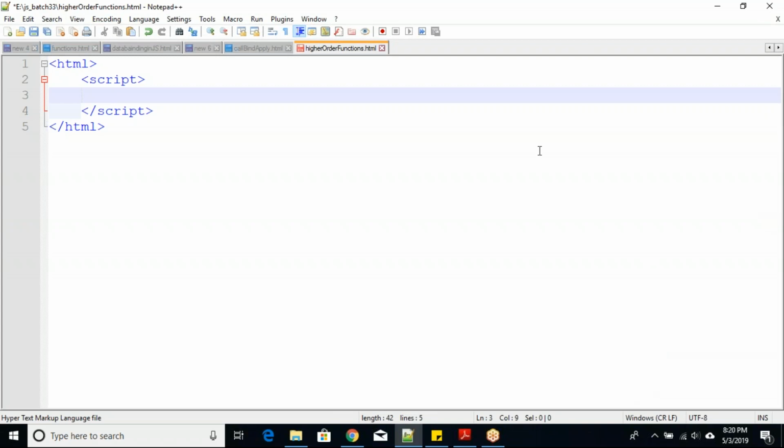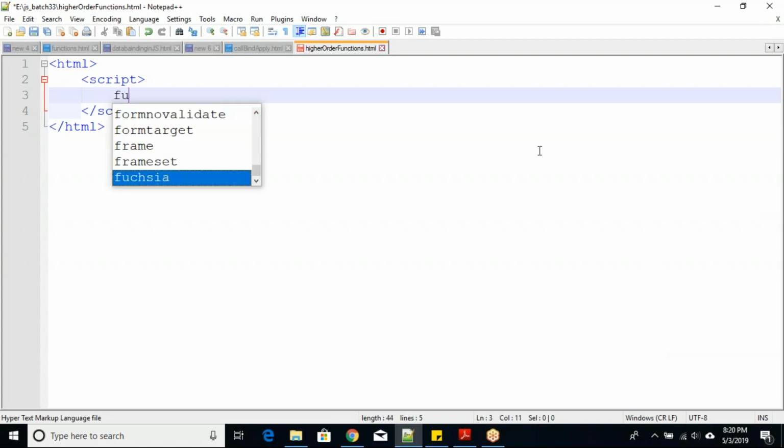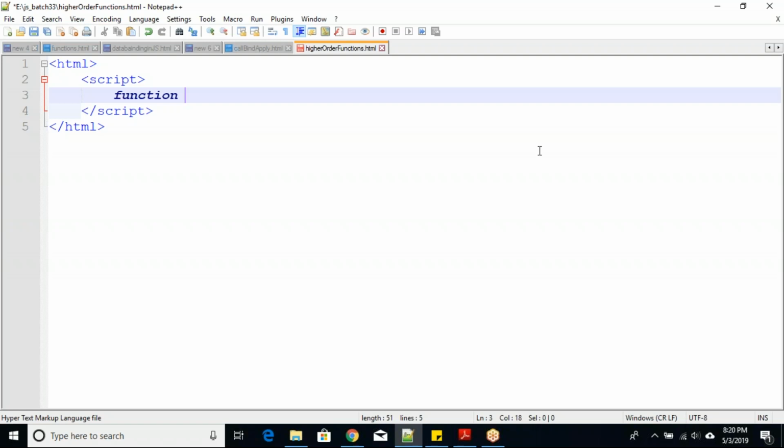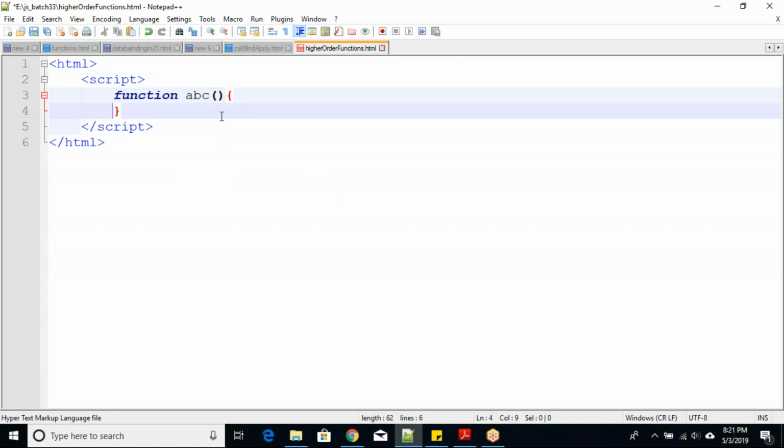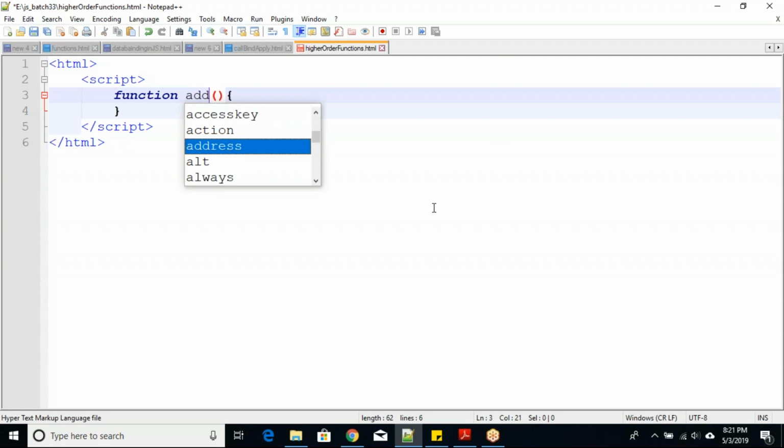This is an ABC function, which will add some given values.